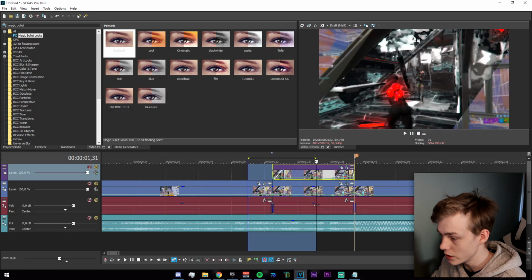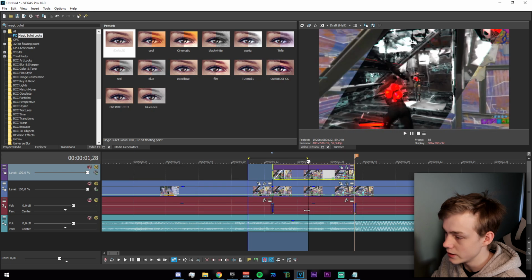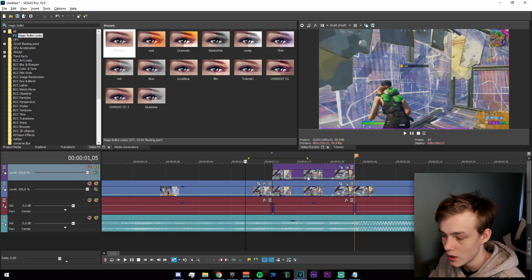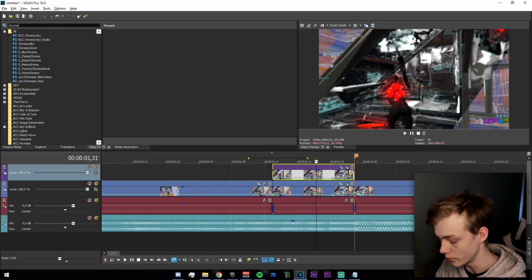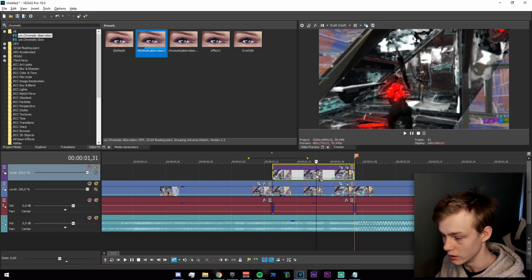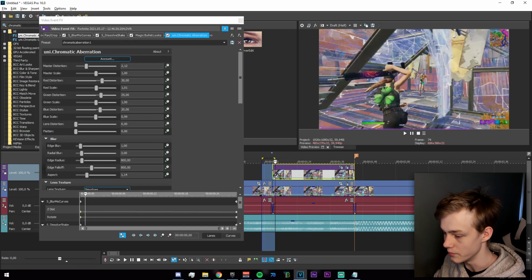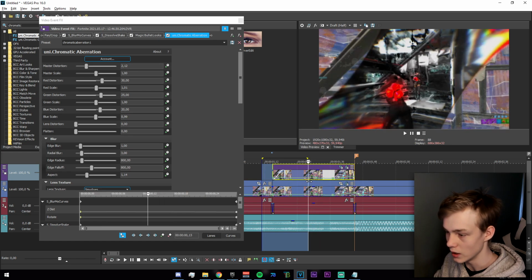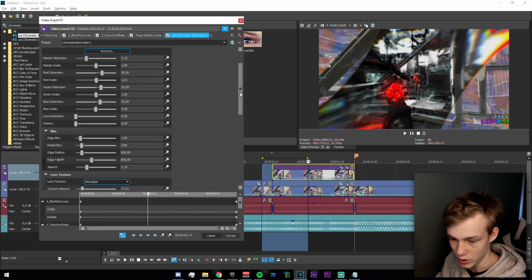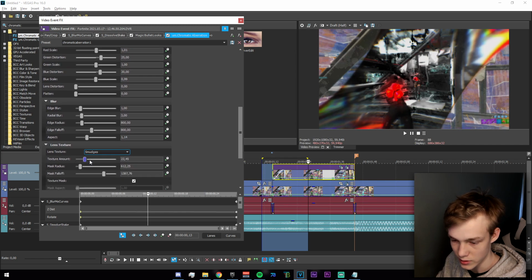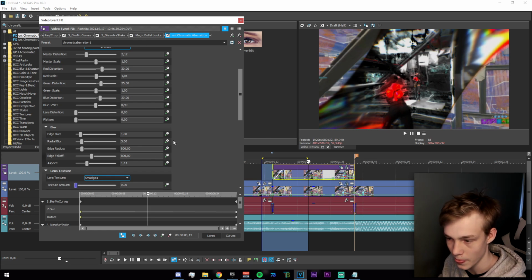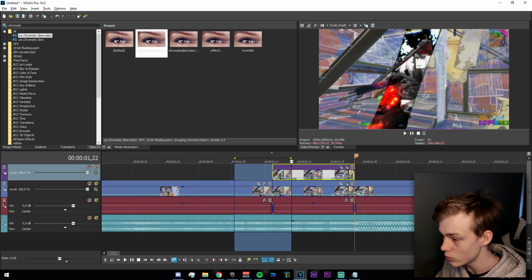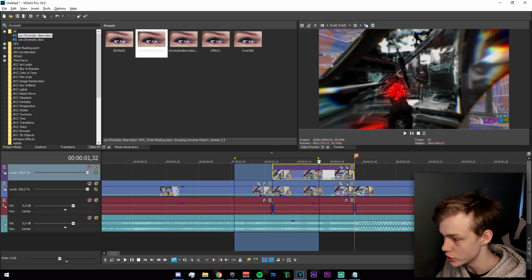We have the build up right here, but it still looks very linear, and something just doesn't seem right about it. So we're going to go ahead and add a couple more effects to this. The first one being chromatic aberration. Just go and drag that on, and instantly you'll notice a massive improvement. So these are the settings you're going to want to copy. Just go ahead and copy those. I'm going to disable the lens texture actually. So just go ahead and copy these. I would say just pause the video, whatever, copy that. And now we actually have a bit of a rotate, which is quite nice, and we have a bit of curvature, curves,